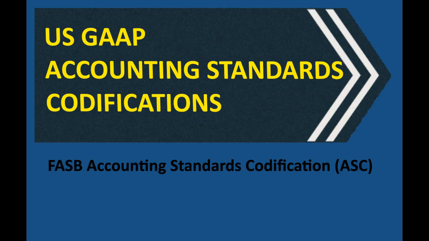And then you've got those big ones like recognition, which is section 25, initial measurement, section 30, subsequent measurement, 35, derecognition, that's when you remove an item, section 40, other presentation matters, 45, disclosure, 50, implementation guidance and illustrations, which is super helpful for applying the guidance, that's 55, relationships to other parts of the codification, that's 60, transition, how to apply new guidance, that's 65, then grandfather guidance, 70, and last but not least, XBRL elements, which we'll talk more about later, and that's section 75.